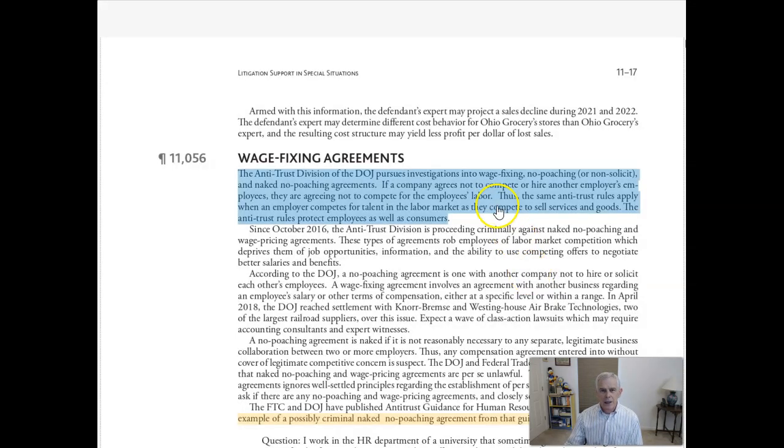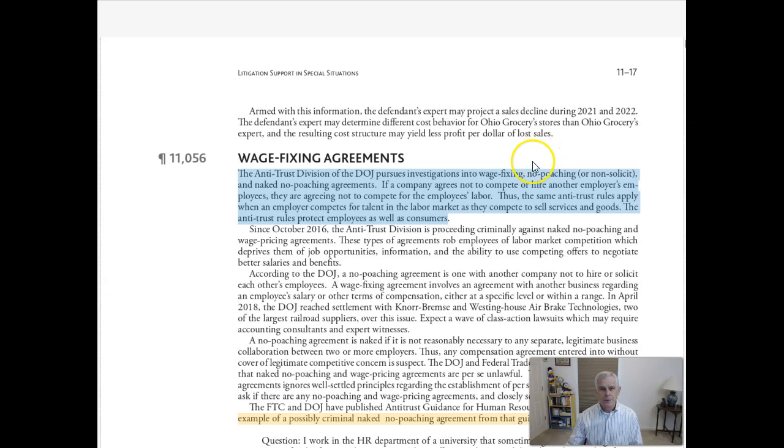Again, like I said, they don't give the exact computation the defendant would do, but the defendant would go through and see what they could find out about cost behavior. They have Coho's own numbers, the defendant side does. So they'll go through the numbers and find out what they've done as to average variable cost and prove they were not below that. And they would subpoena Ohio Grocery's records and go through them to see if they were doing what they alleged Coho to be doing. So anyway, a detailed explanation, so please go through it.